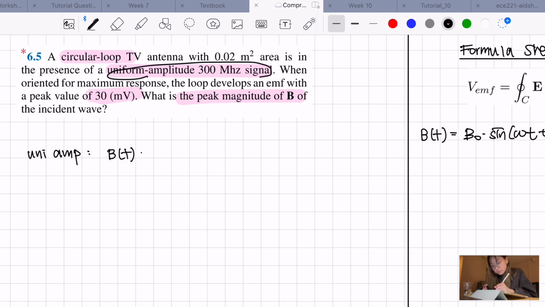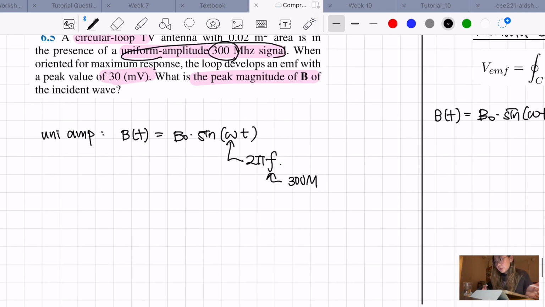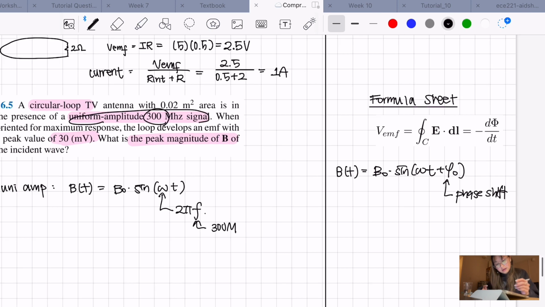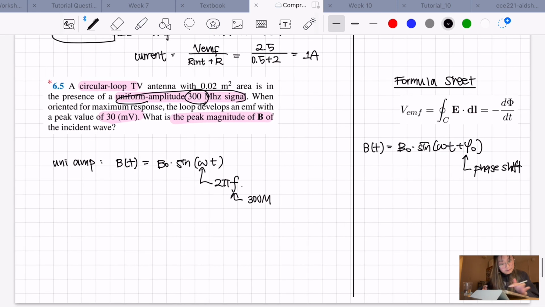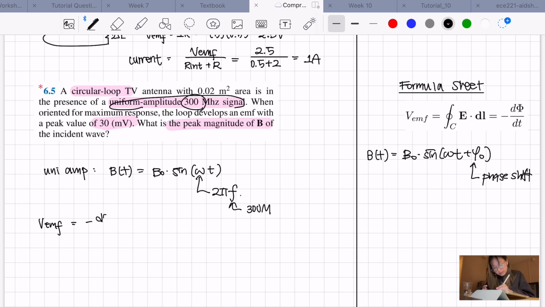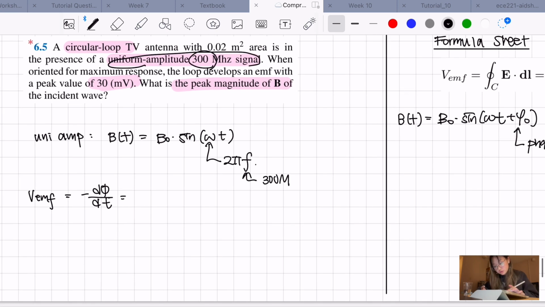For uniform amplitude, B(t) varies in time and is equal to B naught times sine omega t, where the angular frequency omega is equal to 2 pi f, and the f value will be 300 mega. And we know from the ECE 221 formula sheet that V EMF is equal to the negative change in flux. Again, V EMF is equal to negative d phi dt, which is equal to